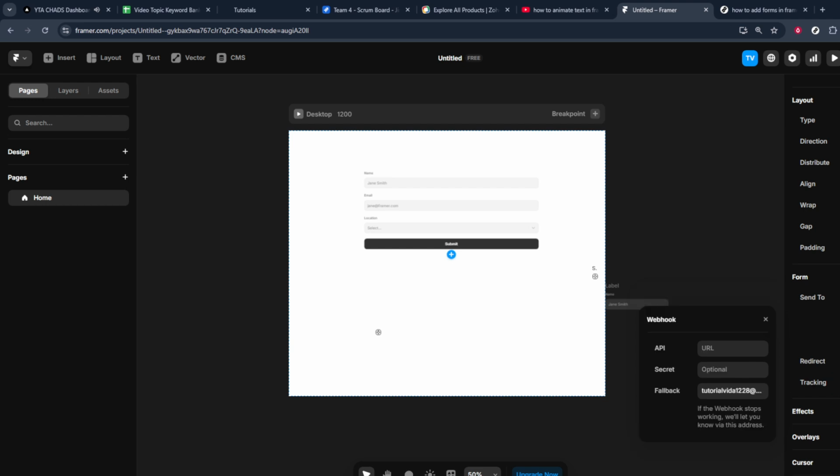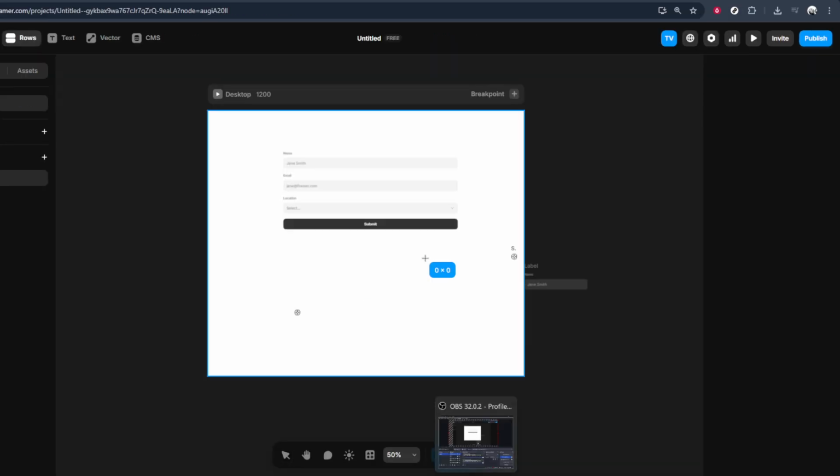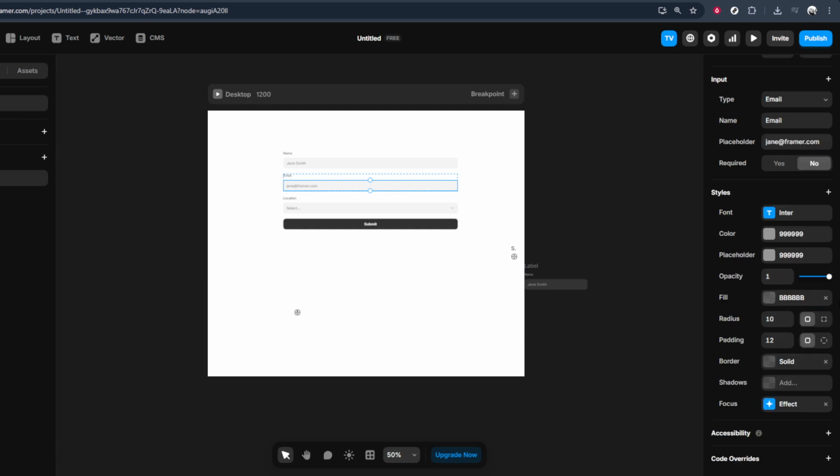After dropping the form onto your page, you can resize it, move it around, and adjust its properties in the right-hand panel. This is where you can edit things like placeholder text, labels, and visual styling so the form fits the rest of your design. If you need multiple fields, simply repeat the same drag and drop